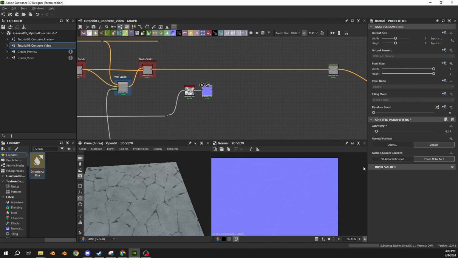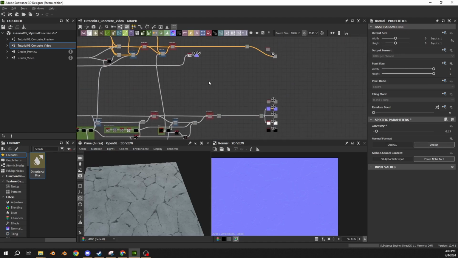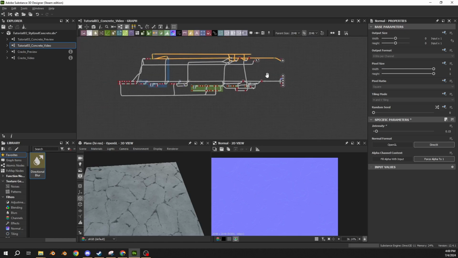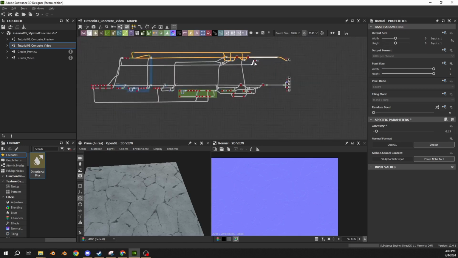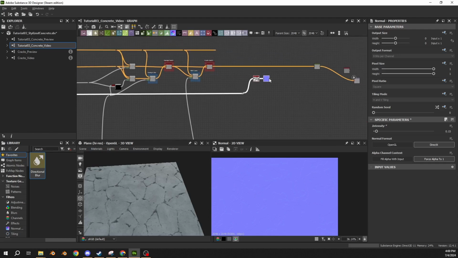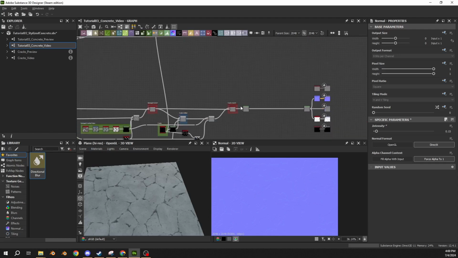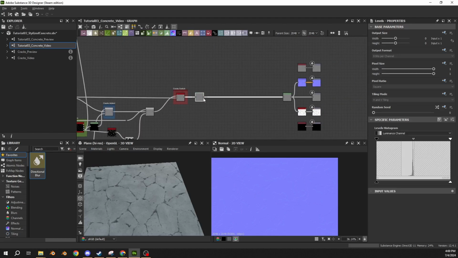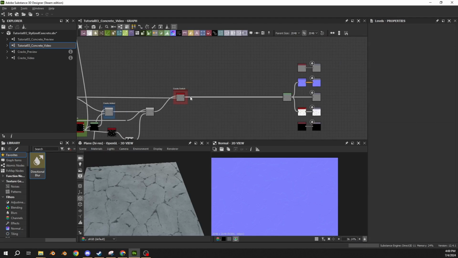We are going to grab all of these guys right here, and let's just move them out a little bit more. Now we're going to grab from this. We can delete this guy because this was just a placeholder. We can grab from the end of the crack switch